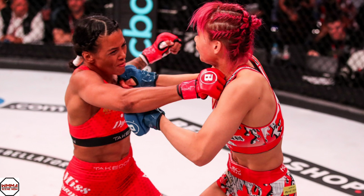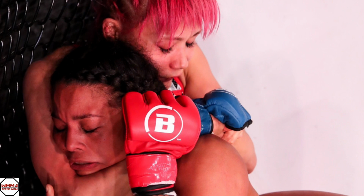So then they restarted. Kana again got a fast single leg takedown, and again was able to slip to the back. From there, she started landing punches from on top, and Denise eventually was able to twist around again like earlier, but this time she twisted around straight into the triangle choke of Kanna Watanabe, and Kana just started squeezing it. Now Denise tried to punch her way out, but it was too tight, and she was forced to tap out. 3 minutes, 3 seconds of the second round for your winner via submission,